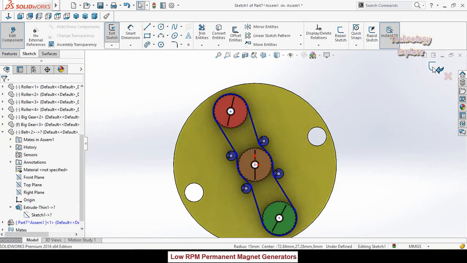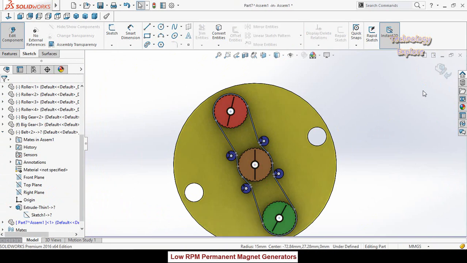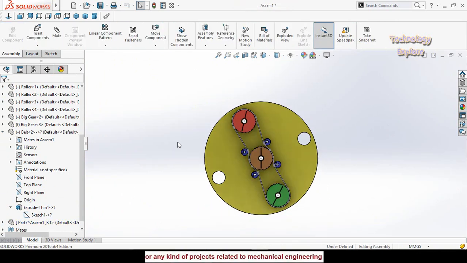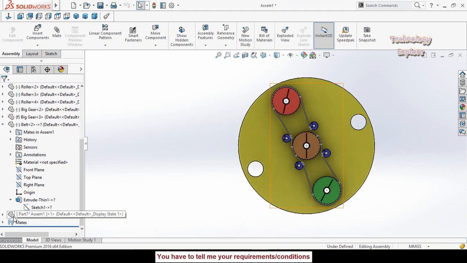Now press this button to save and exit from sketch mode, and then press this button to exit from the part editing mode.